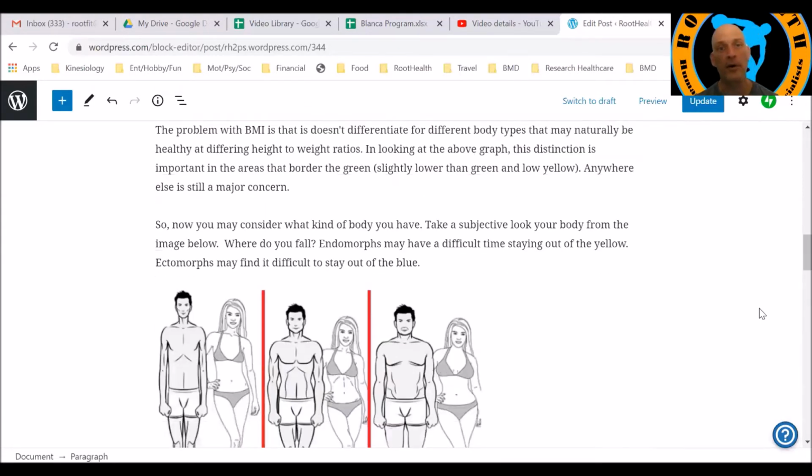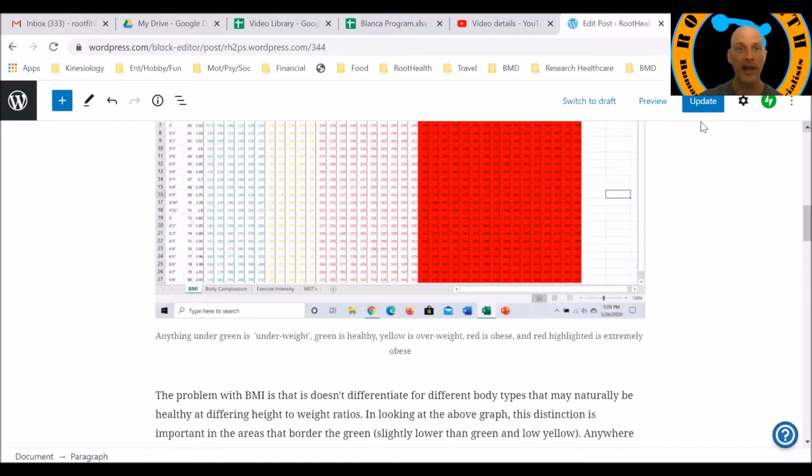The problem with BMI is that it doesn't differentiate for different body types that may naturally be healthy at differing height to weight ratios. In looking at the above chart, and I say chart, not graph, this distinction is important in areas that border the green. So when you start getting into this yellow area that we look at right here,